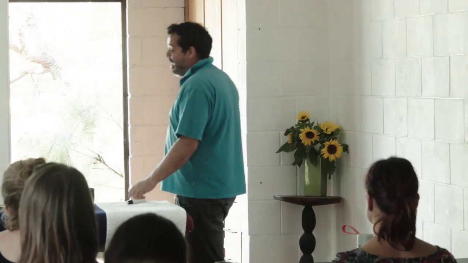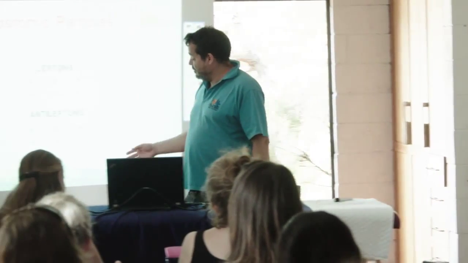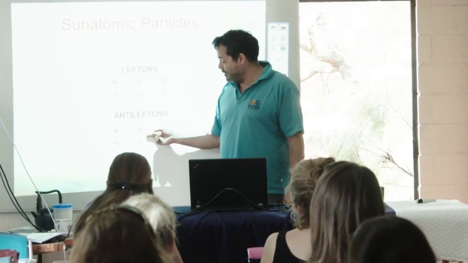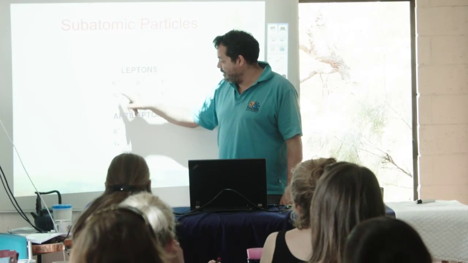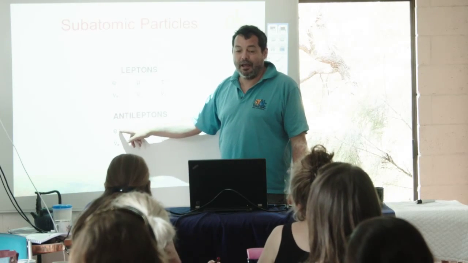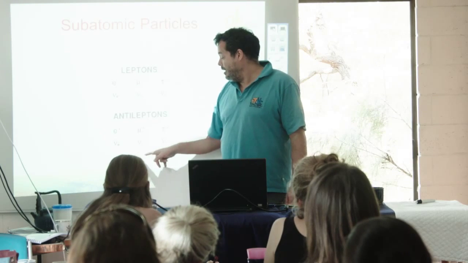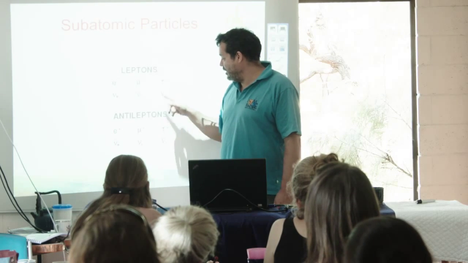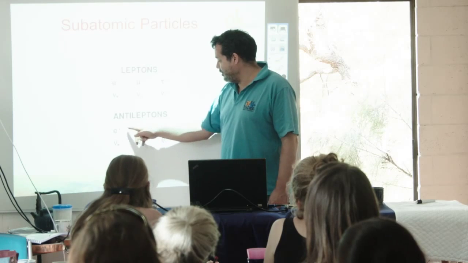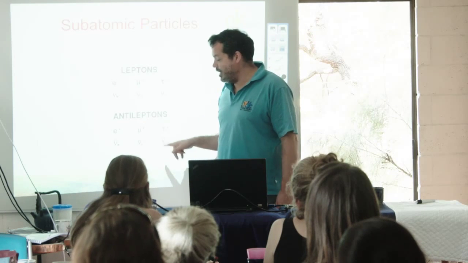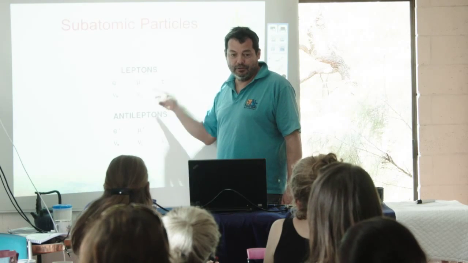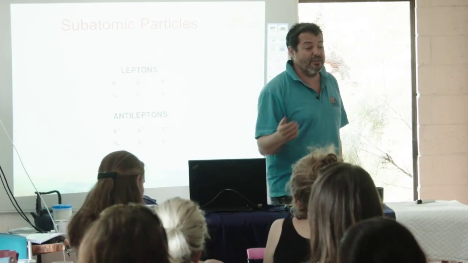And then we have antimatter. They all have antiparticles. The electron with a plus charge is called a positron. And all of these, this is a muon, tauon, and these are the neutrinos. They've all got the opposite charge to the above. That's called antimatter. So there are actually 12